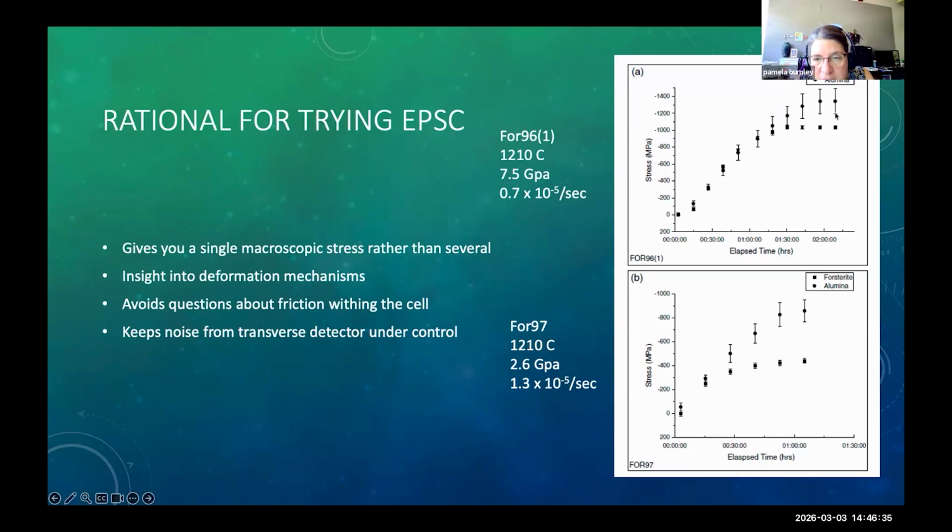So the piston is this round symbol here. And simultaneously, this is the stress in the forsterite. So the forsterite and the alumina are pushing up against each other, and you see that they match each other really well until the forsterite really begins to yield. And so the forsterite goes off this way, and the alumina piston, which would be our stress gauge, continues to